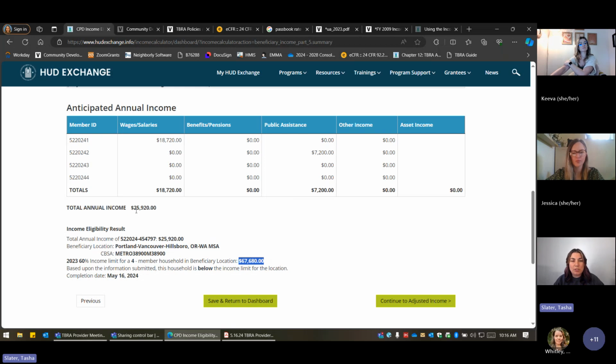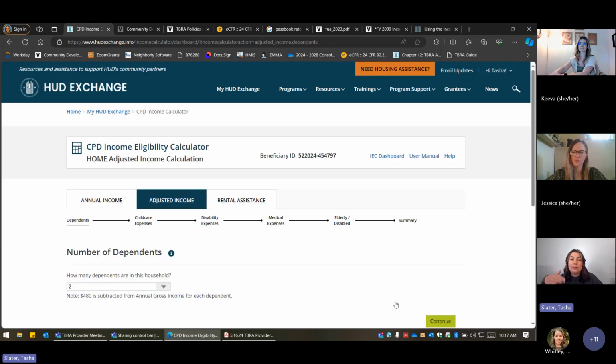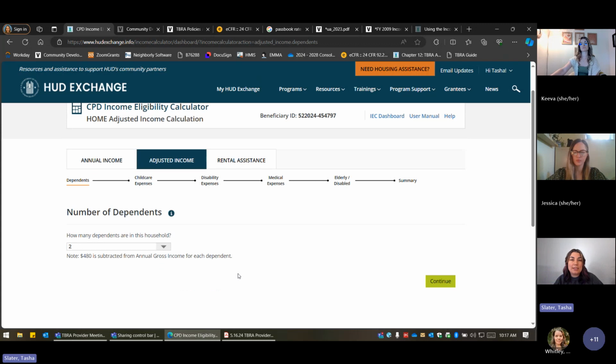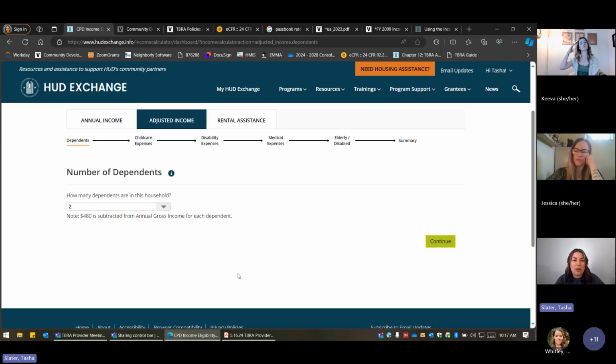So this household makes 25,920, which is under the 67,680. If this is close, you'll need to go to adjusted income, but adjusted income will change the income based on some of these answers that you give. So I would wait until you get to the very end summary to determine whether they're eligible or not. So in this case, there's 2